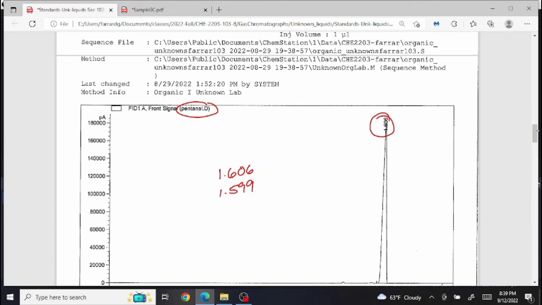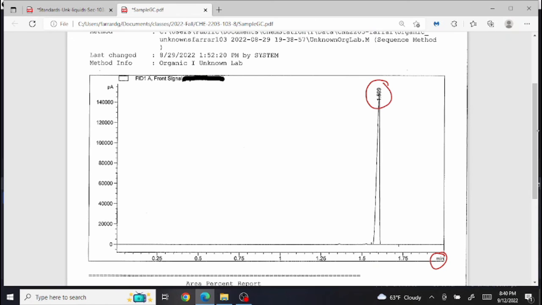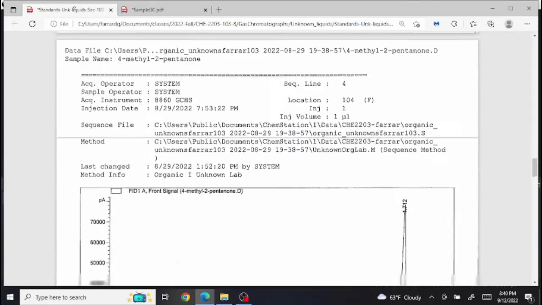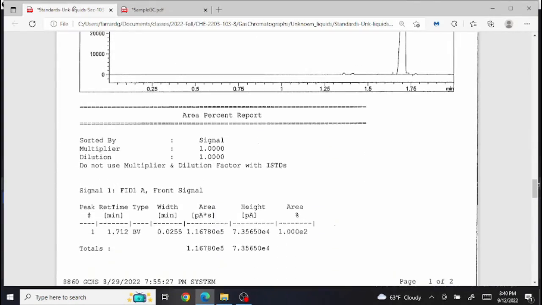These are, for all intents and purposes, the same number. We're off here by a few thousandths of a minute. So that would be a fraction of a second. So these retention times are the same, which tells us that our chromatogram here is pentanal because it matches that retention time. If we continue to look down, 1.7 minutes